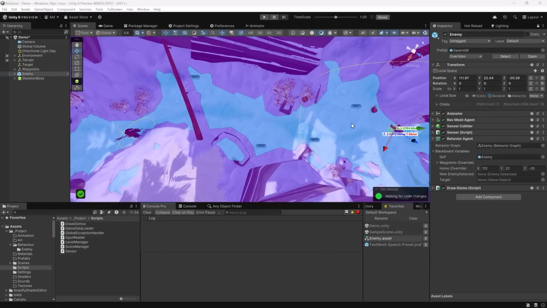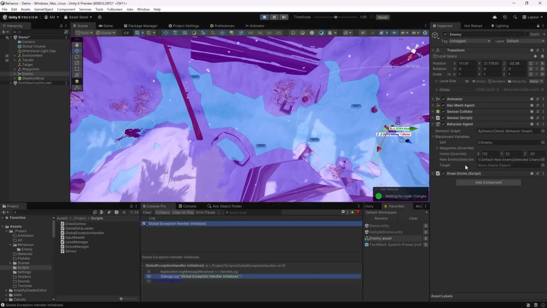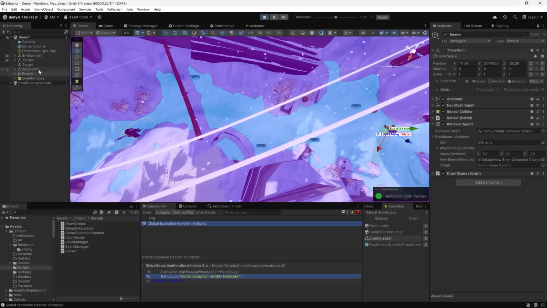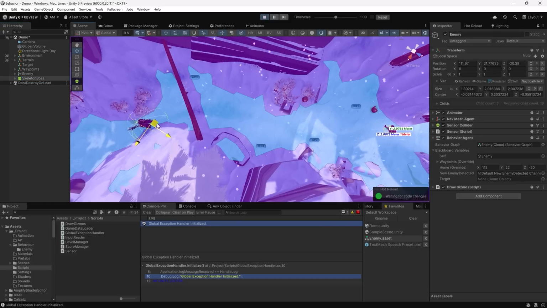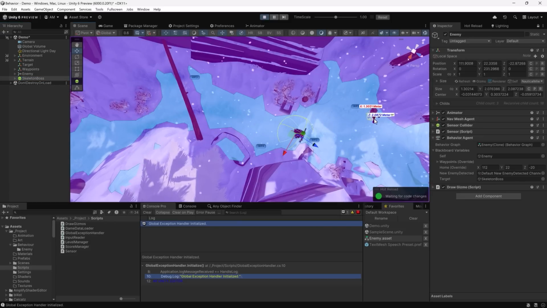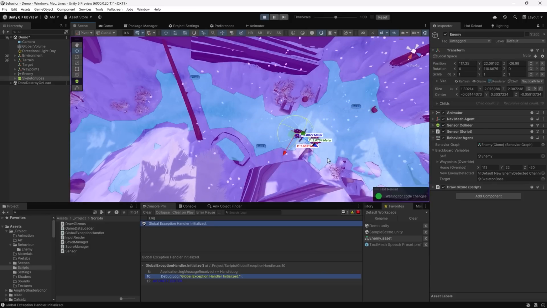So let's take a look in scene view here now. If I press play, you can kind of see the sensor range of my AI agent. It's quite big, but the enemy, my skeleton boss, he's not close enough to my AI agent. So what I'll do is actually just select him and drag him within range. And you can see immediately the event gets fired, the second sequence starts playing, and the AI agent starts going